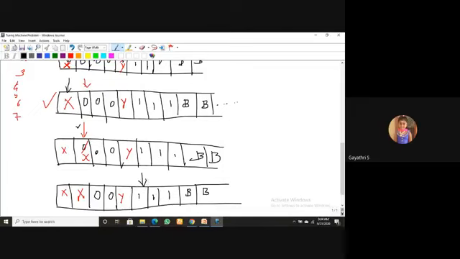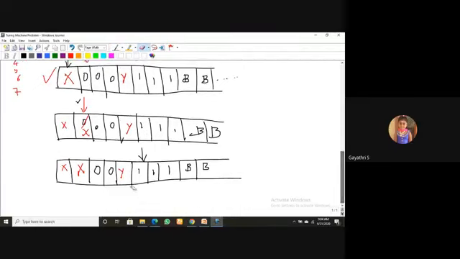I have already shown you how to find the first 1. In between, a lot of steps are there. So in the next step that arrow is coming to here. Reading, this is 0, this is not a 1. The next step the arrow is coming to here. This is y, not a 1. The next step the arrow is coming to here. This is 1. Yes, I have reached this part. I can't write every tape movement. So now I'm here.